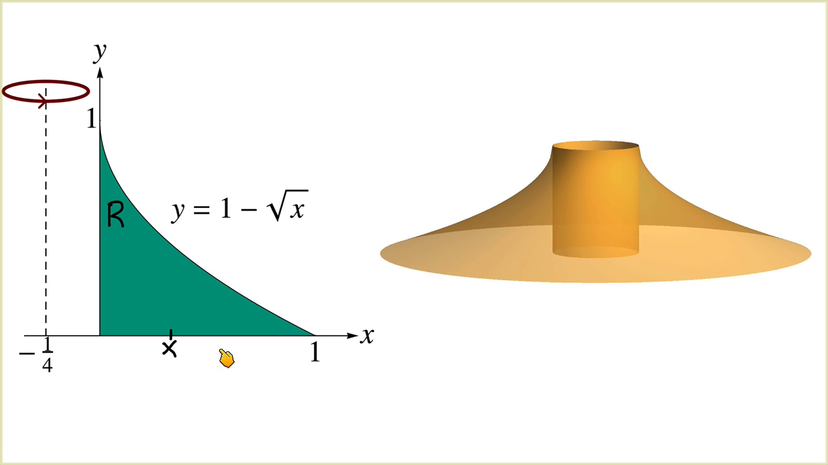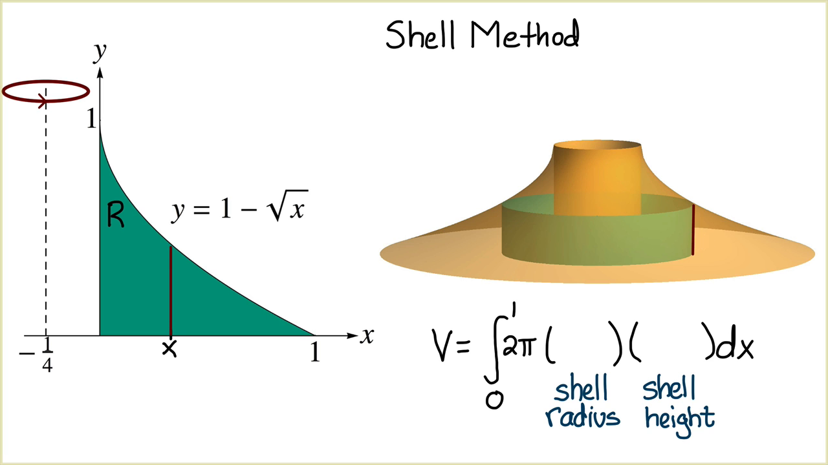For a given value of x in between x equals 0 and x equals 1, we draw a vertical line segment from the x-axis to the curve y equals 1 minus square root of x, which represents the height of the corresponding cylindrical shell in the three-dimensional solid. Using the shell method, the volume is equal to the integral from 0 to 1 of 2 pi times the shell radius